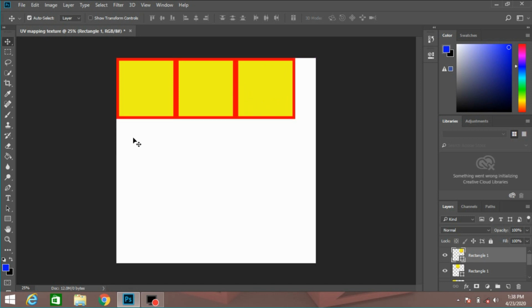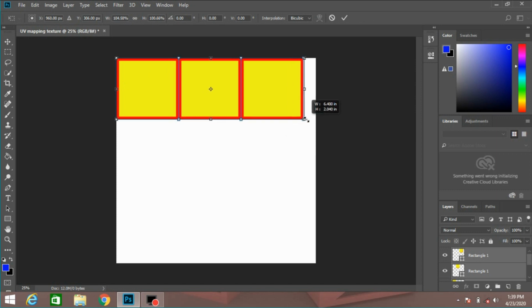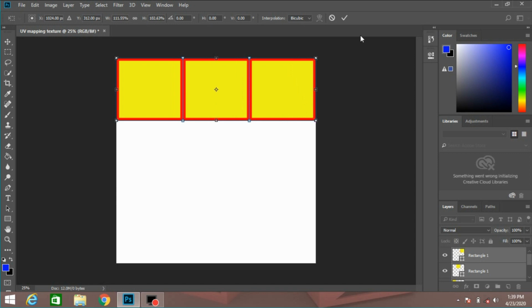Just like this. Select all the three. Press Ctrl plus T for free transform and adjust it to here.